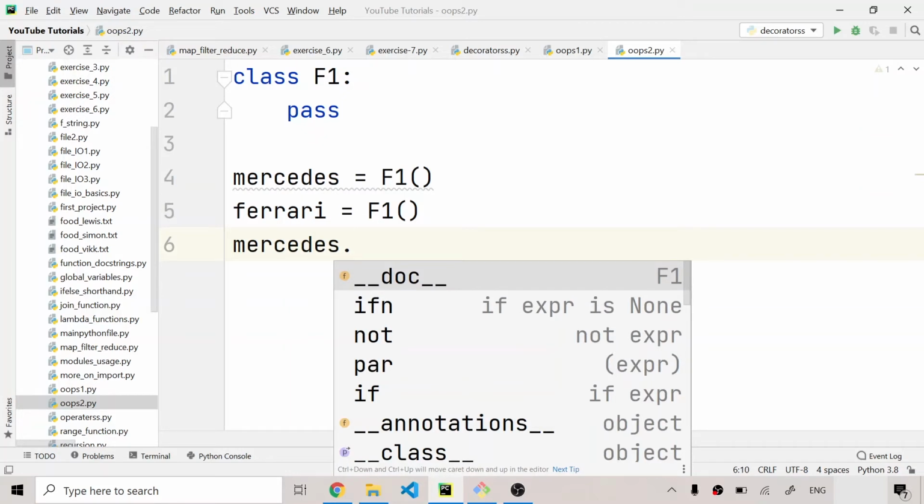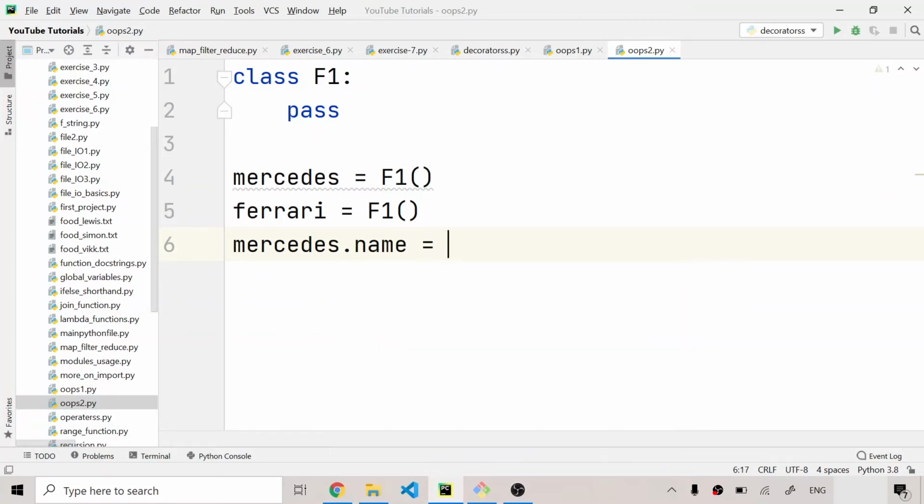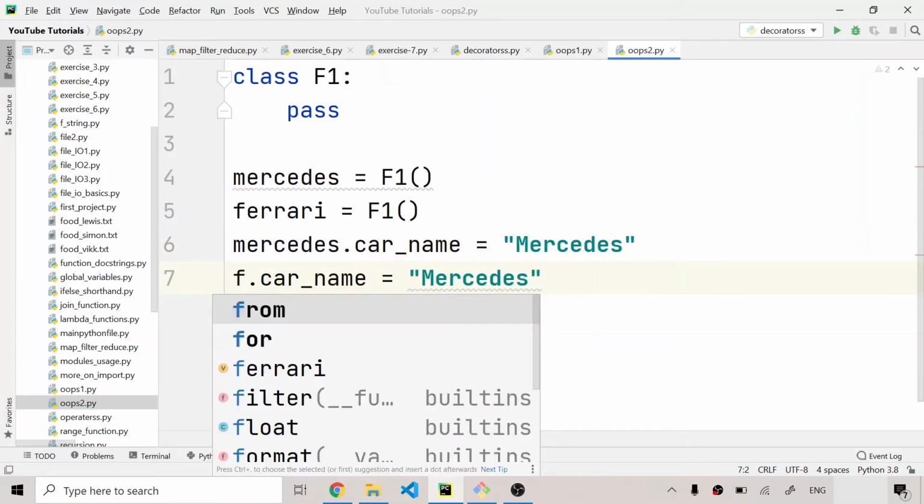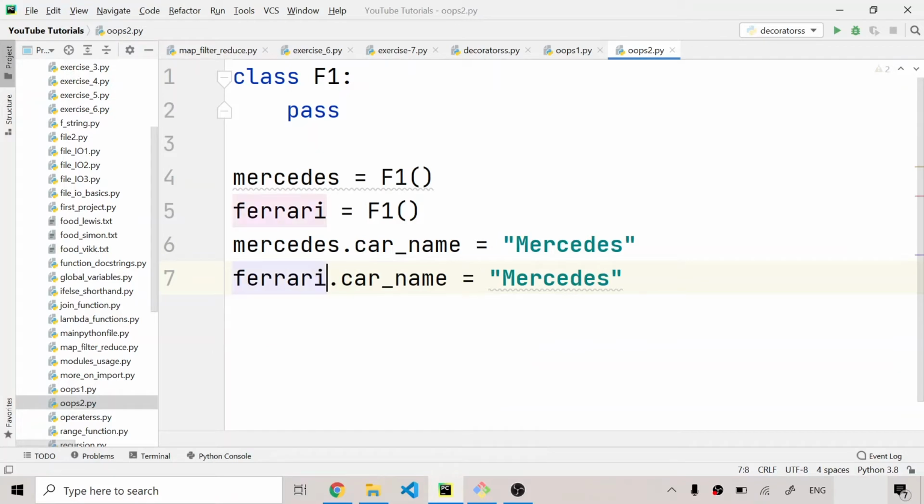I'll write name, and after that I want Mercedes's name to be equal to Mercedes with a capital M. So I'll write Mercedes, and right here, guys, I've made an instance variable for Mercedes's name, and I'll change this variable name to car name. So I'll write car underscore name, and similarly I'll do that for Ferrari as well. So I'll write Ferrari, and I'll write Ferrari right here.